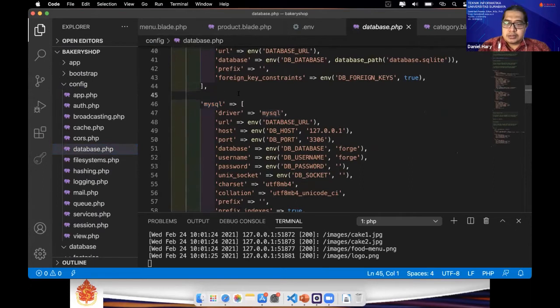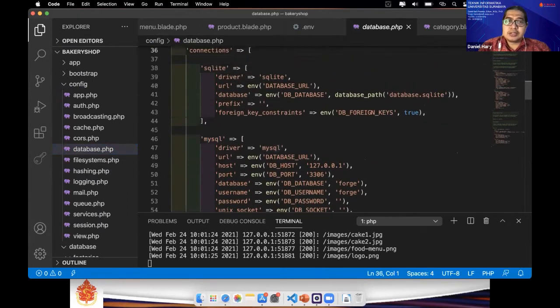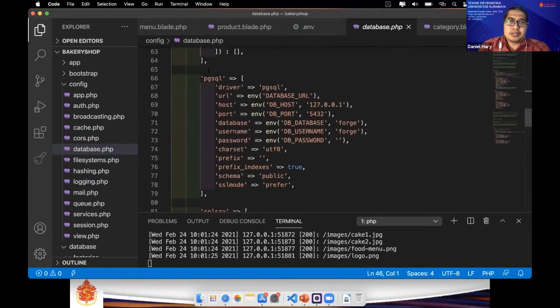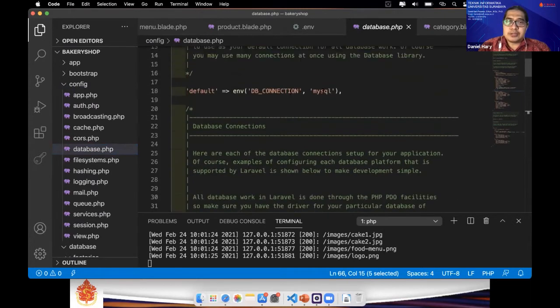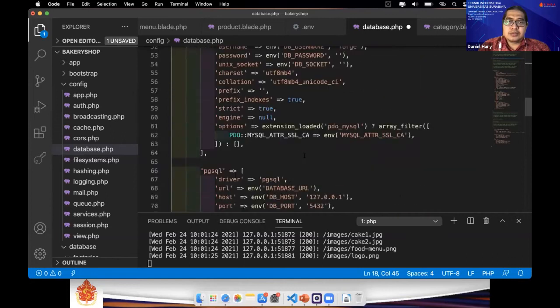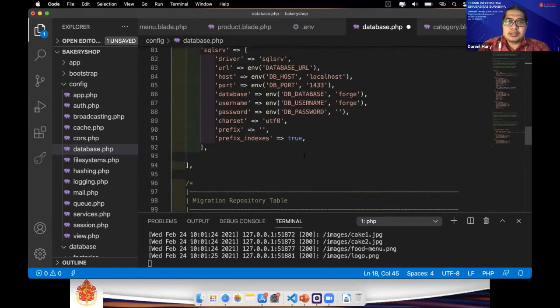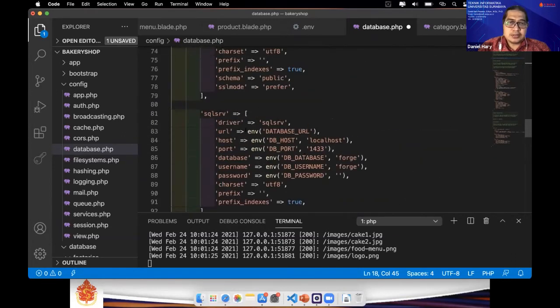If we use another database, for example Postgres or PGSQL, this one. PGSQL is PostgreSQL. You have to modify this line by using PGSQL and then continue with the setting in this section.